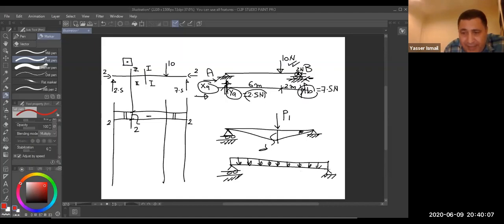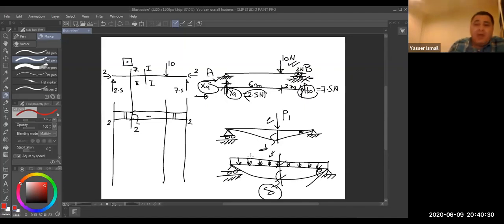This beam deflects in a parabolic curve. It will take this direction. The maximum deflection comes in the middle. This is the deflection, and this is theta, the slope of the deflection. Okay, guys, this is for a concentrated load and for a uniform load. Each deflection has a formula, and we are going to discuss this, inshallah, in our session once you are registered in our class. So this is slope and deflection.